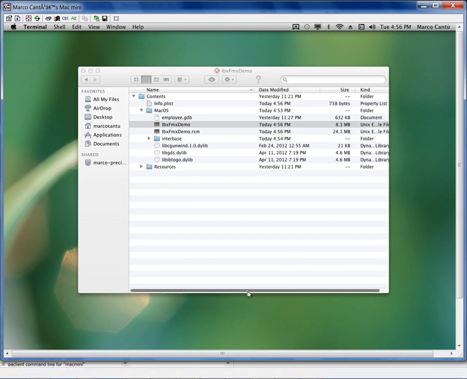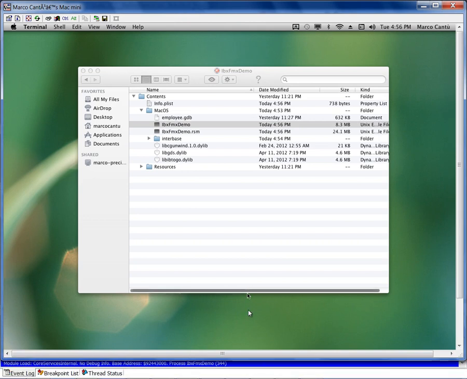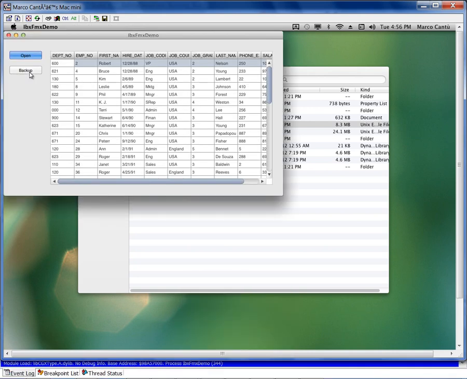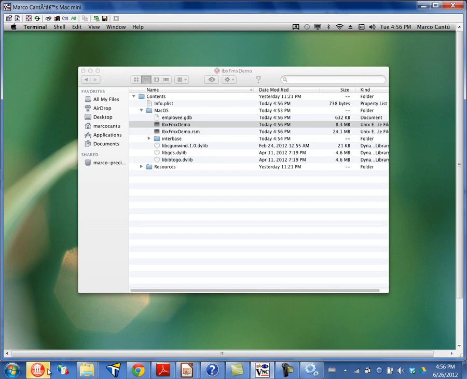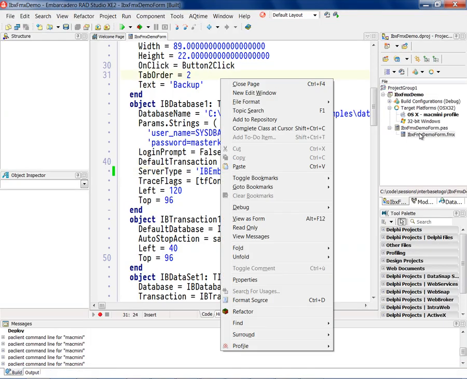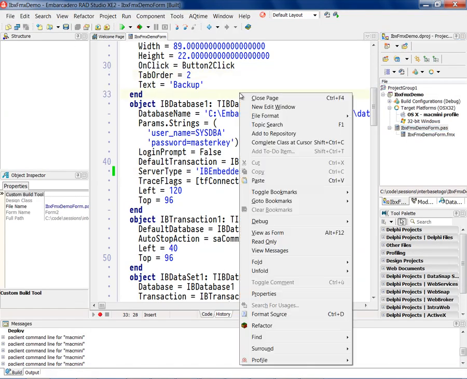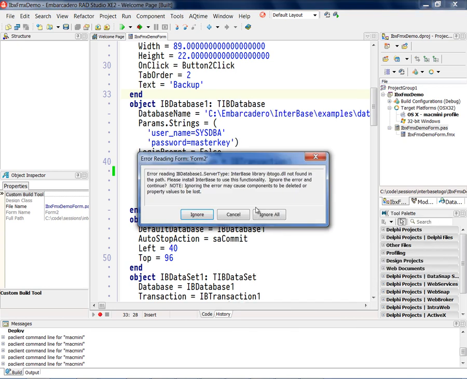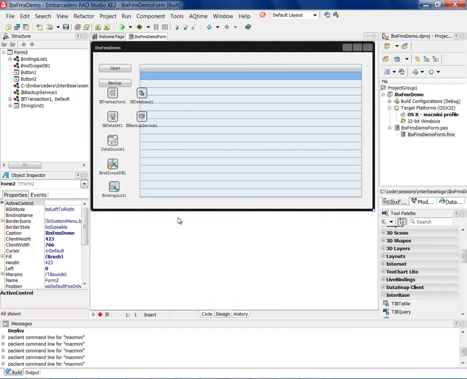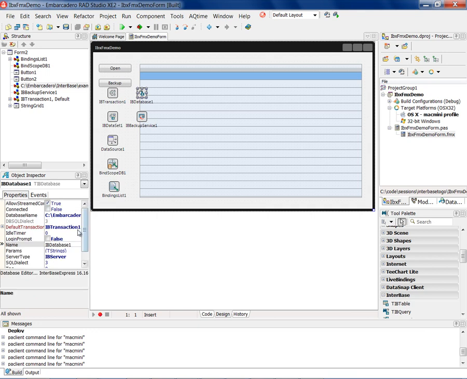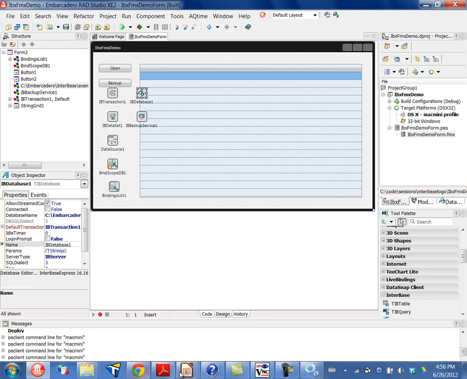However, I really consider this impractical. It works. I consider it impractical because the problem is that as soon as we open our form at design time, we get an error and we get the information reset. I think it's a better option rather than trying to fight against this behavior,